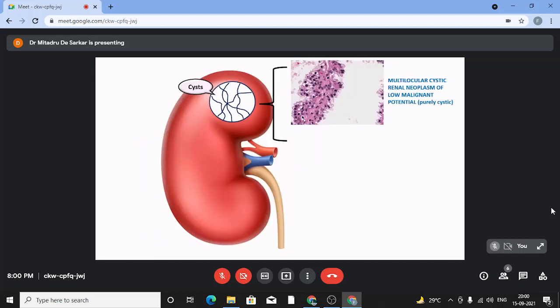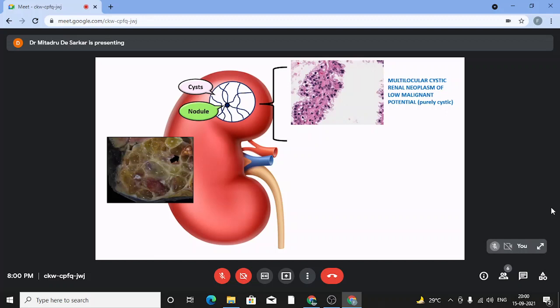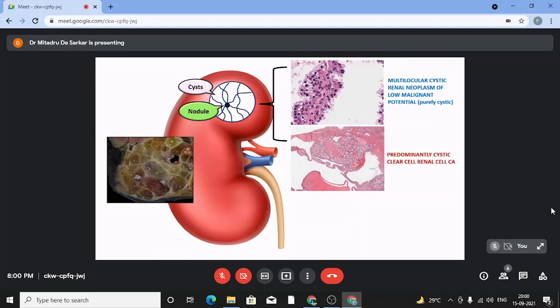So again, to make a snapshot, if you see an adult renal tumor of the RCC family which is composed entirely of cyst, you will think of a multilocular cystic renal neoplasm of low malignant potential. On the other hand, if you are doing diligent grossing and you come across small nodules in the wall of the cyst, and under the microscope you see that they are forming an expansile nodule of RCC, even if it's a single focus, go ahead and call it a predominantly cystic clear cell RCC. Having said that, once you are about to sign out the case, I guess you will